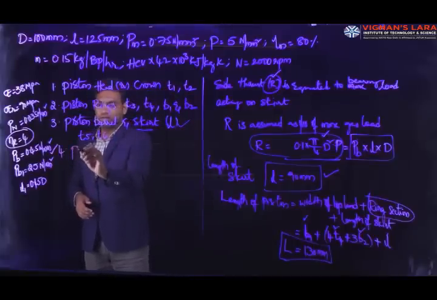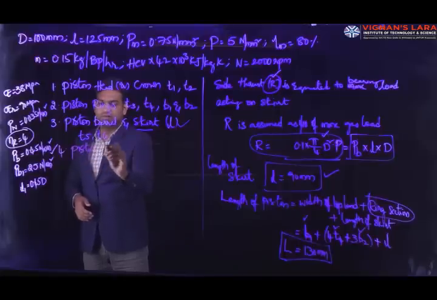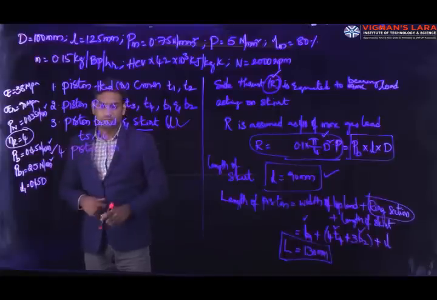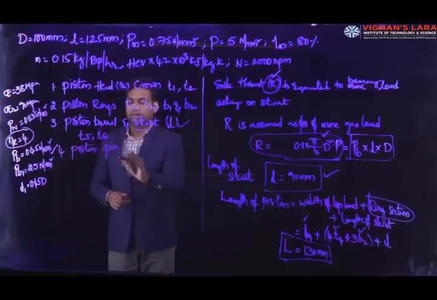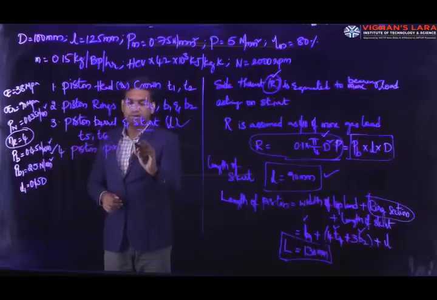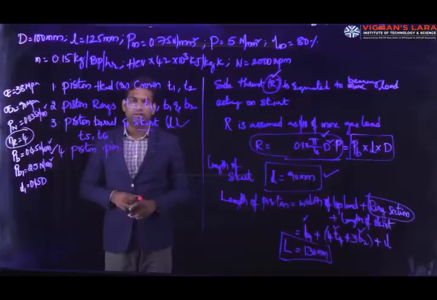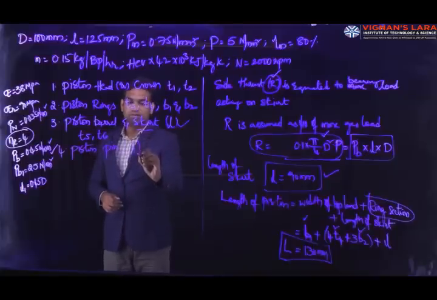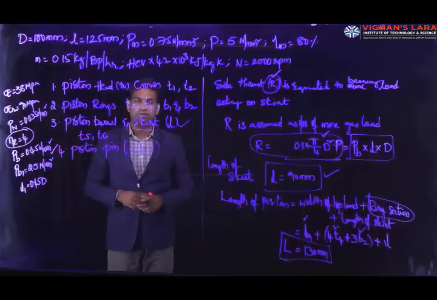dimensions of the pin. That is the final step in the design process, the piston pin dimensions. Here the dimension I can determine is the piston pin diameter. If you take a solid pin, it is denoted by small d. If it is a hollow pin, I can take d0 as well as di. So we need to calculate two diameters for the pin, the inner diameter as well as the outer diameter of the pin.